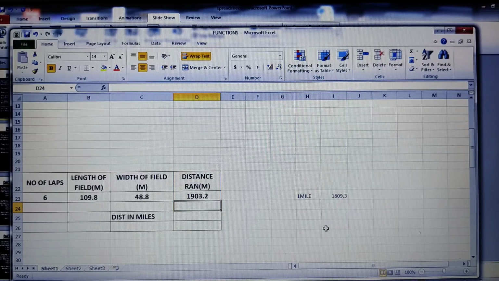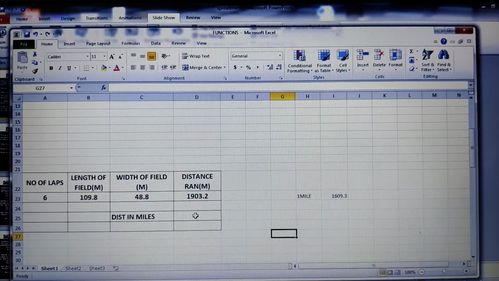Now I wanted to convert here, that is in the form of 100, and it is in meters. I want it in miles. Then how do I convert? We know 1 mile is equal to 1609.3 meters. Then what I should do is D23 divided by, which cell? I23.